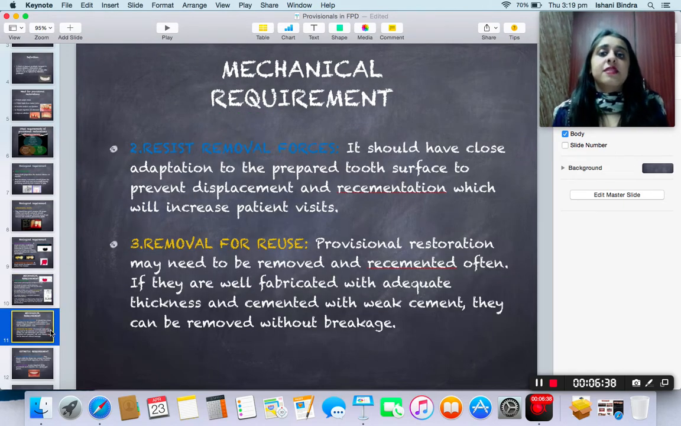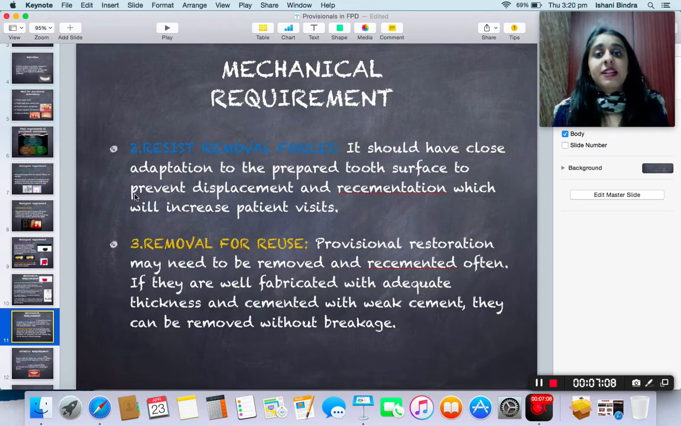The next mechanical requirement is these restorations should resist removal forces. Obviously, we don't want that we are giving the patient a provisional restoration and cementing it with the help of a provisional cement, and after half an hour or 1 hour or maybe next day the patient returns and says that I have a dislodged prosthesis. So these restorations should have close adaptation to the prepared tooth surface to prevent displacement and re-cementation, which will increase